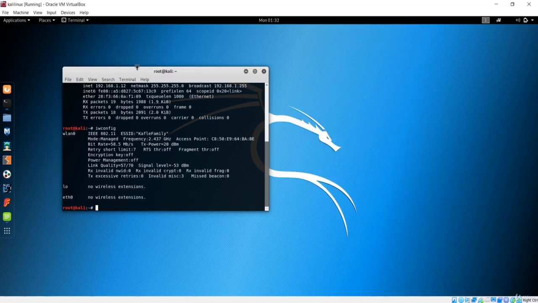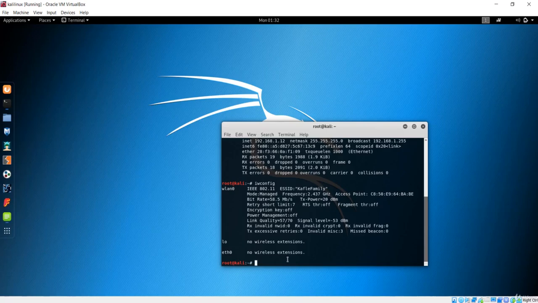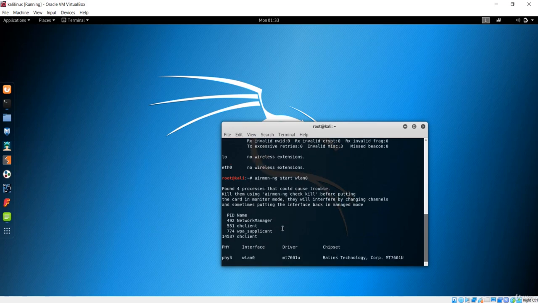Now let's test all the networks that are connected. I'm back with my interface, WLAN0. Again, it is in managed mode. You can do either process, by bringing the interface down and up and configuring again, but that is the long method. I'll just use airmon-ng, and either of these will work. First of all, what you need to do is airmon-ng start WLAN0, as we have seen in the previous lecture.